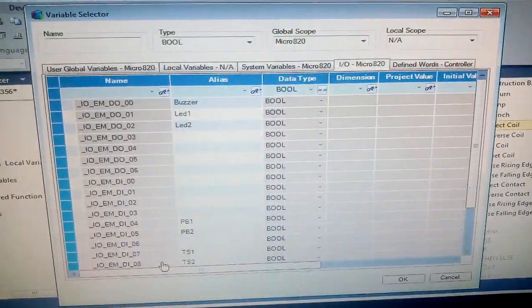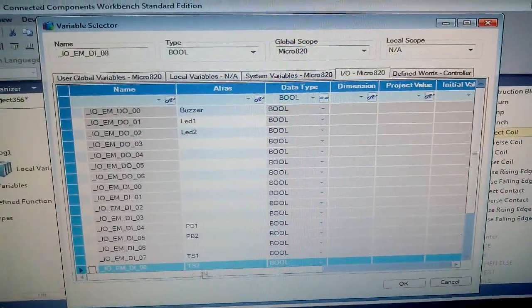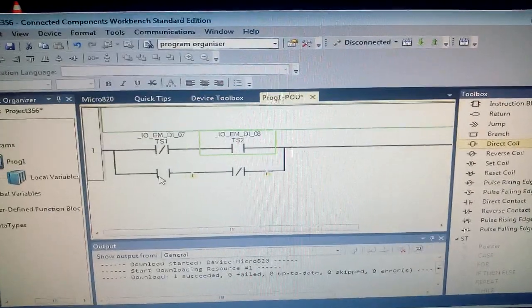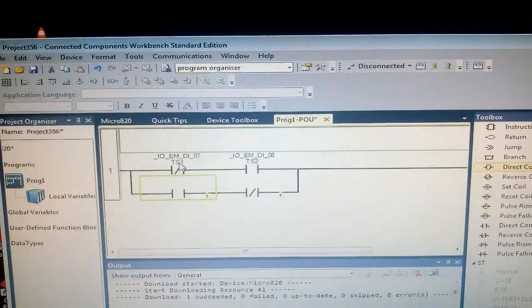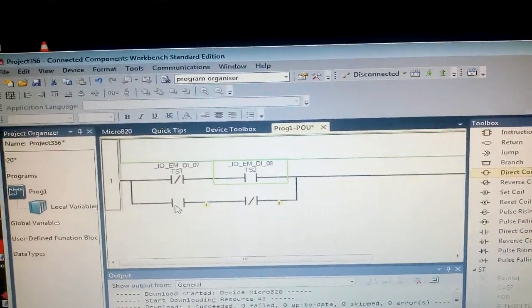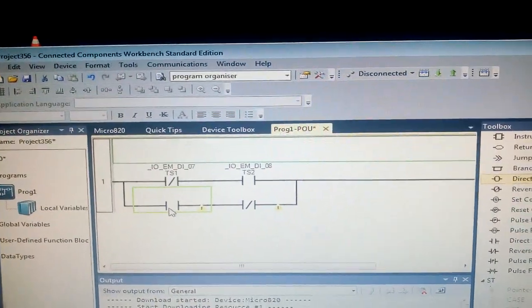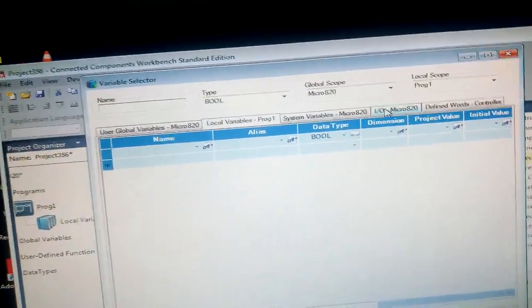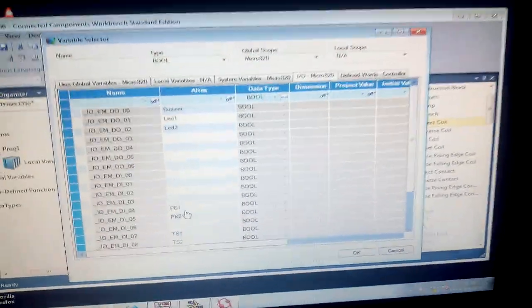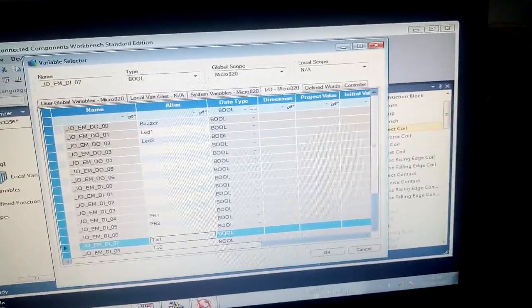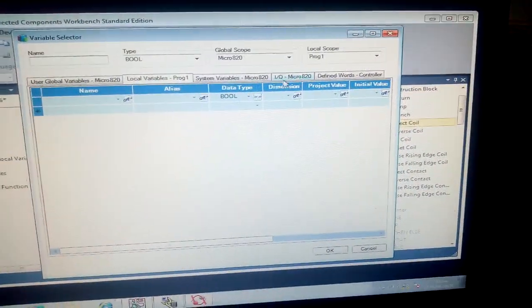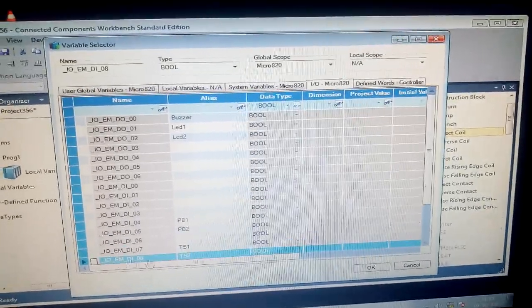Okay, toggle switch 2, I want to take 08. It is. So I am clicking OK. Similarly, this is also A. This is A bar, this is B. This is A. So which one should I select? I need to select the 07 toggle switch 1 for this as well. Okay. So toggle switch 1 I have selected. So here I need to select toggle switch 2 because it is the input B.